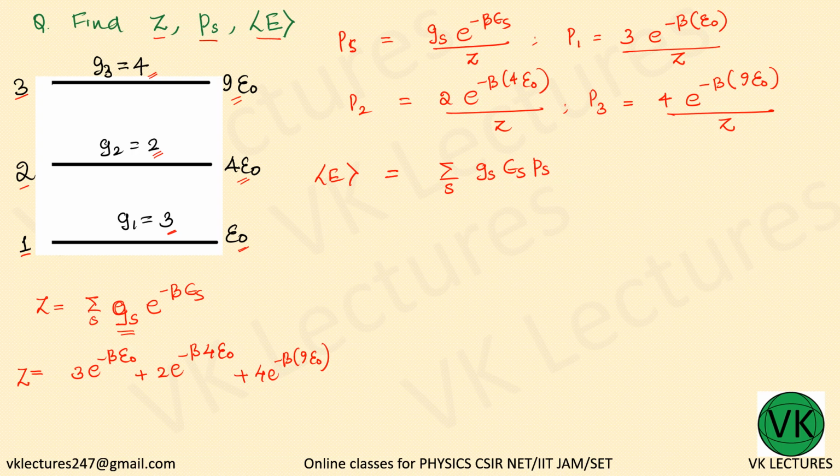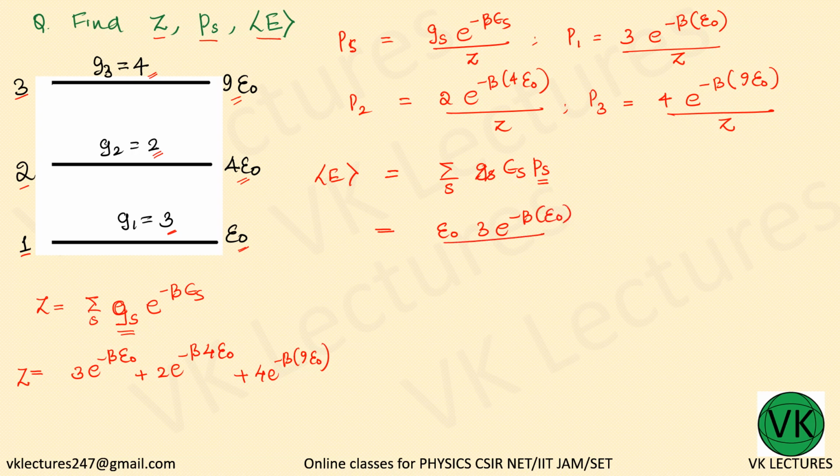Now we have the average energy E, which is given by the sum over S of ES PS. We will not write GS here, because GS is already included in PS, since PS is equal to GS e to the power minus beta ES by Z. So ES represents the first state energy, that is E naught, and P1 is 3 times e to the power minus beta times E naught